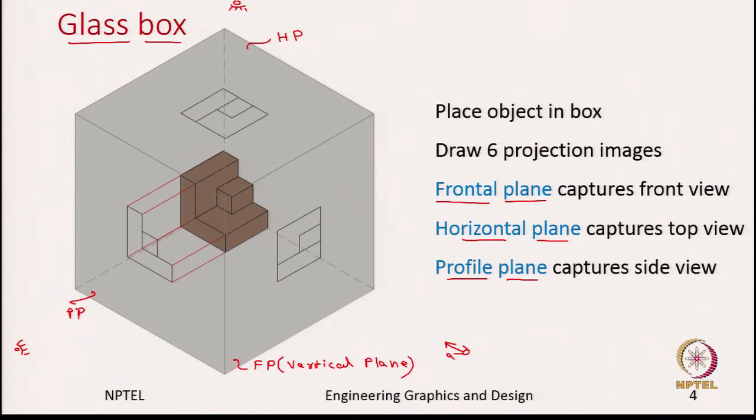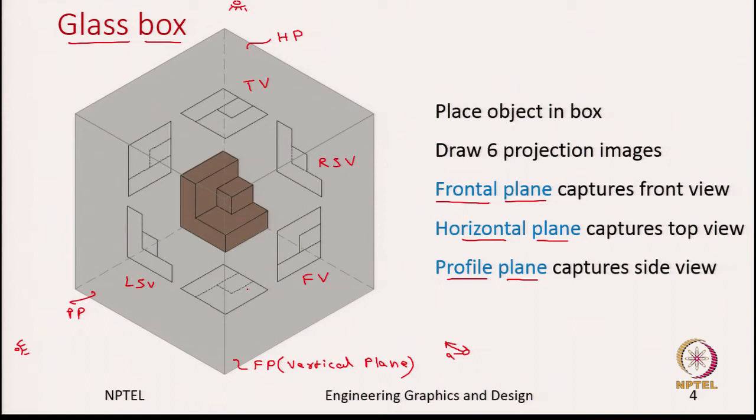So, we are done with three important views, which are the front view, top view and the side view. Similarly, you can do the rest of the views, which are the right side view, bottom view and rear view. Let me write down on this picture itself: this we call the front view, top view, left side view, right side view, bottom view and the rear view. So, using this box, we are able to capture the 6 different views.